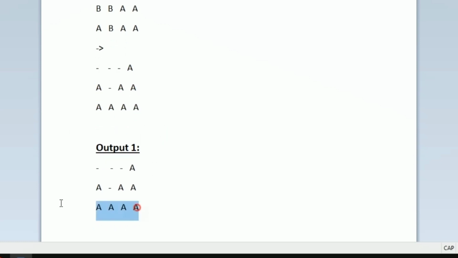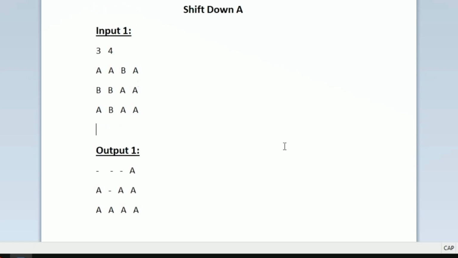So this is how our matrix will be looking like after updating as per the conditions given in the question. We can see that it is the same as our expected output. So this is the logic. Now let us see how to write a C program for this.